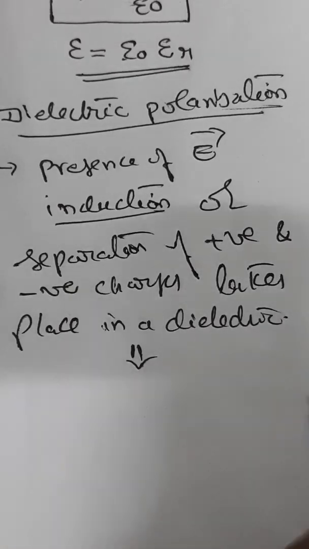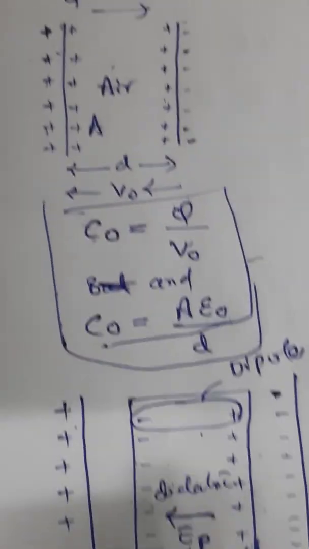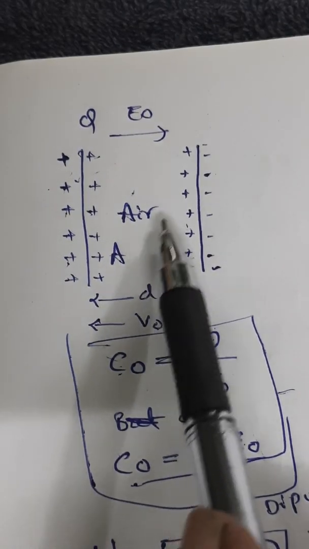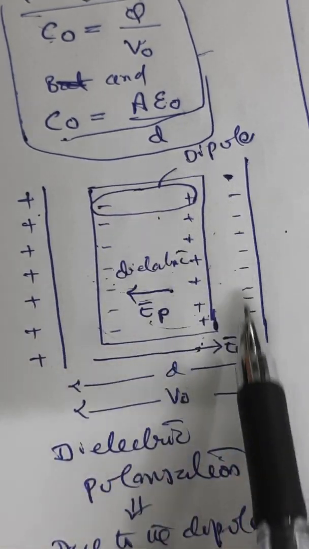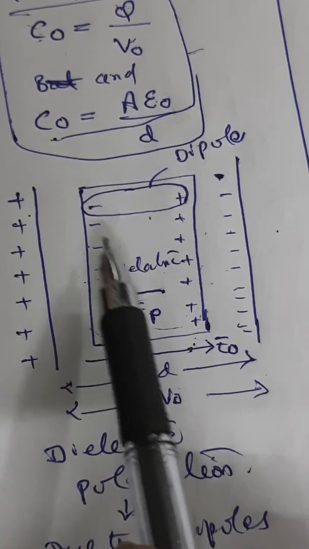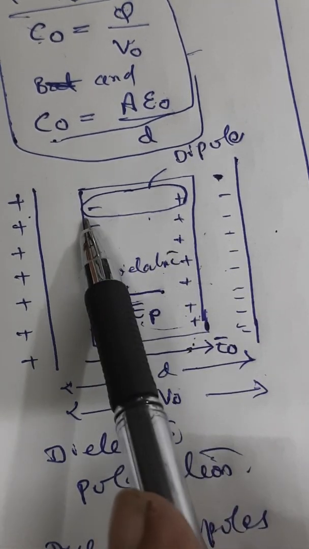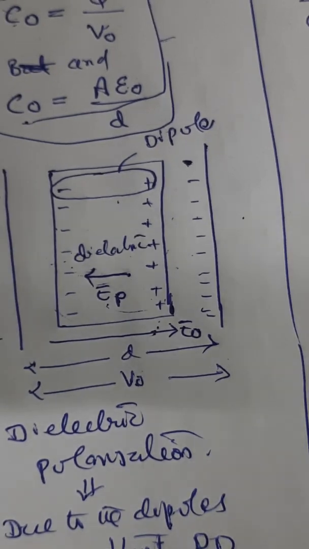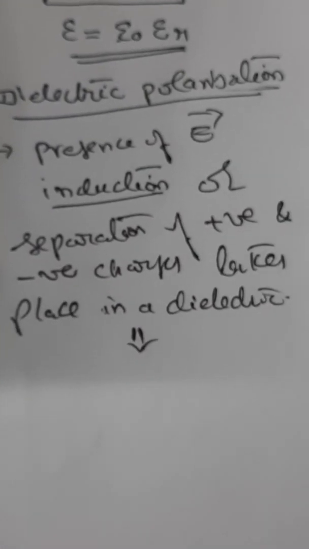And thereafter what is happening? If you see here, before inducing electric field into the capacitor, this is the capacitor. Now into that you have introduced a field, that means there is a field acting here. Into that field, the moment you keep a dielectric material, charge separation is taking place. Thereafter, these separated charges are constituting something called dipoles. Whenever there is a dipole, there will be net dipole moment. So that is what I am arriving here.